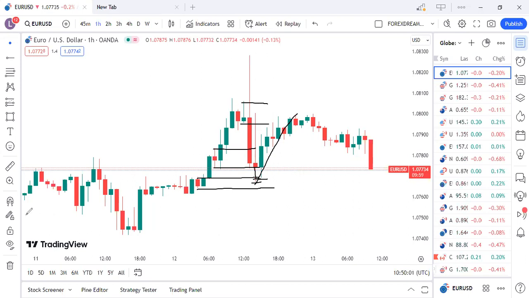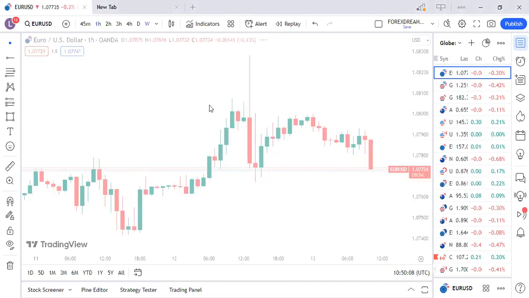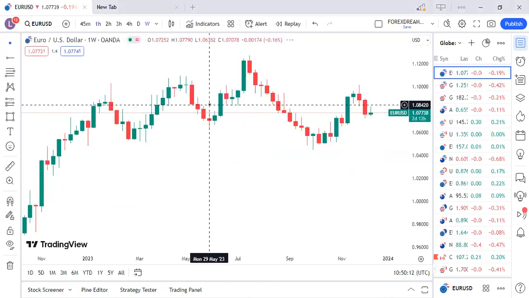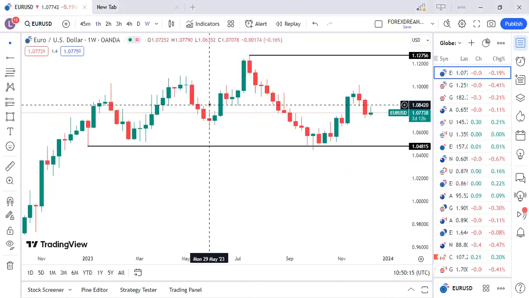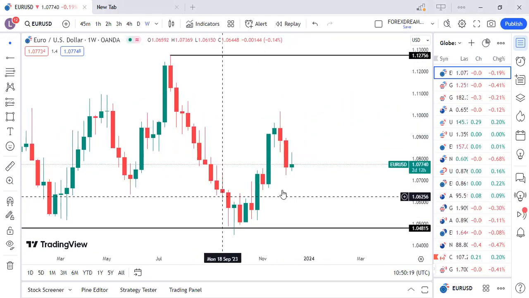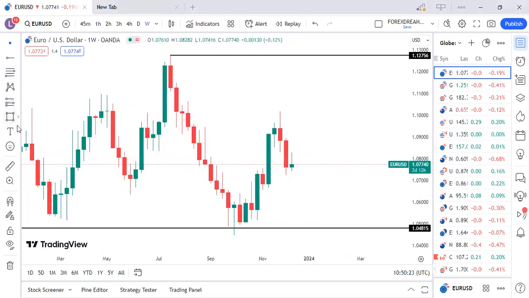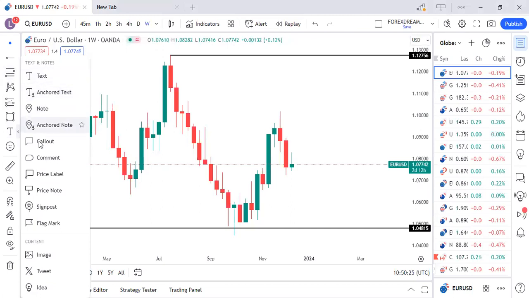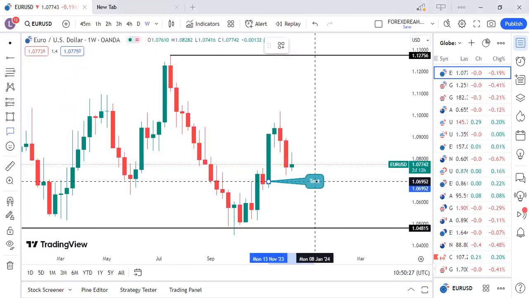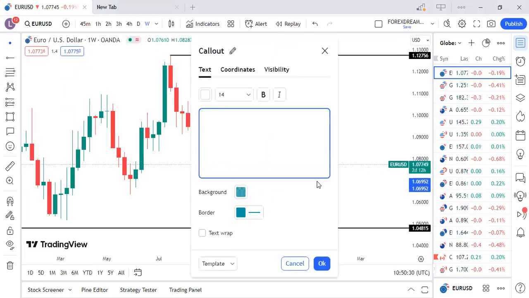So for you to take a decision, the best thing you can do is go to weekly time frame. The reason why you have to go to weekly time frame is you want to check the actual direction of the market. Once you realize that the direction of the market is a downtrend or an uptrend, it will be easy for you to take a decision on smaller time frame. For an example here, what is it that you have? Here, you have the base. Let's highlight the base here.